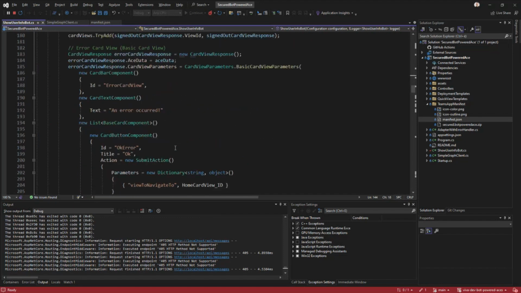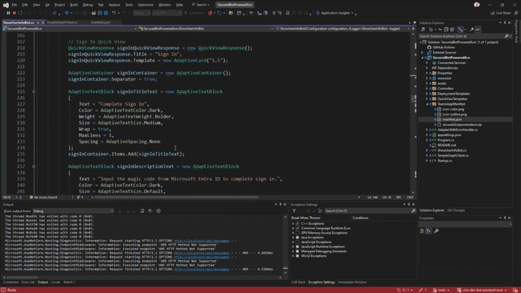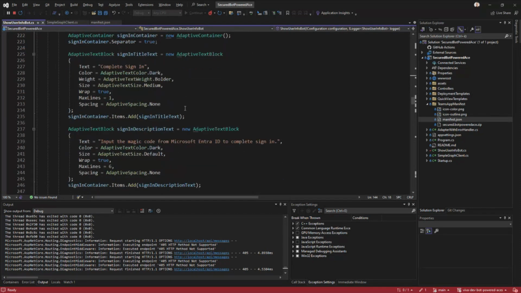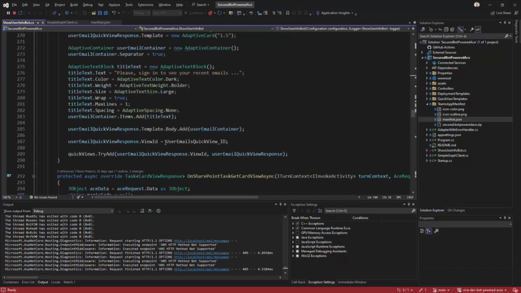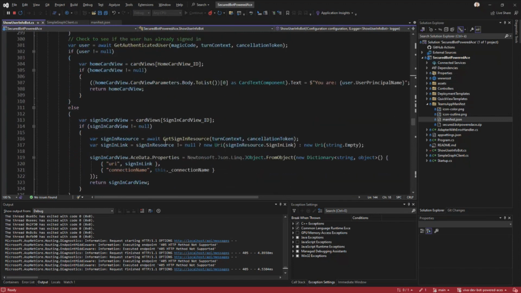which is defined right here. And this quick view, which is completely customizable, you can build it as you want, will have just the text box to collect the magic code and a button to trigger the actual login based on the magic code. Now, what happens when the user will click on the sign-in button and then get back the magic code and